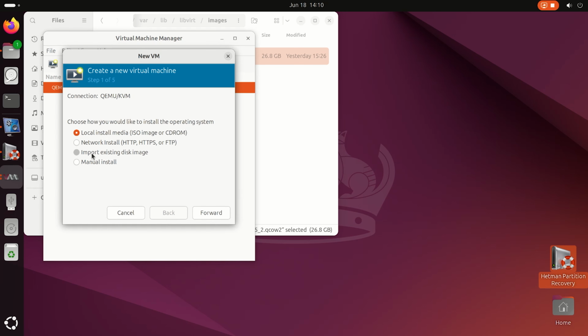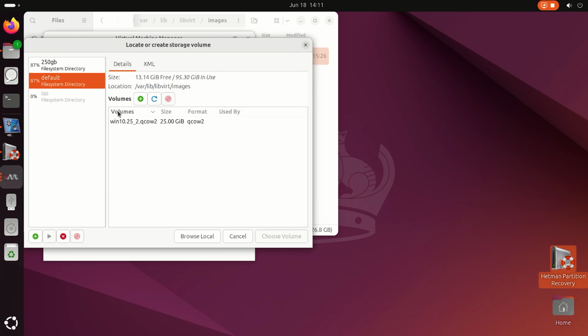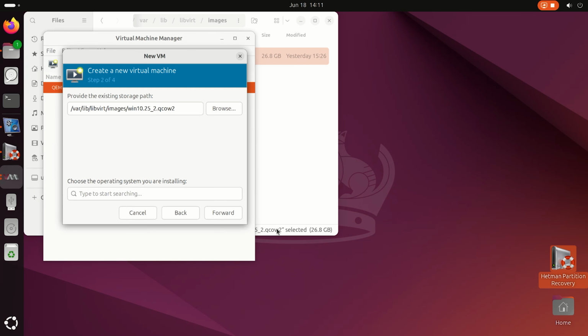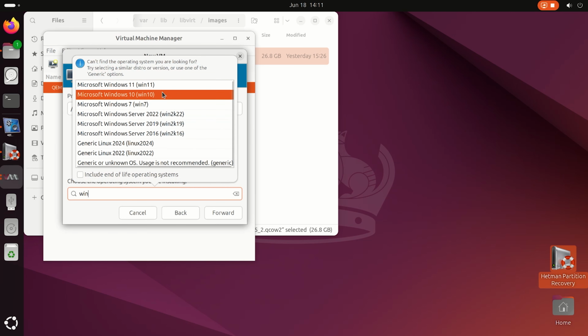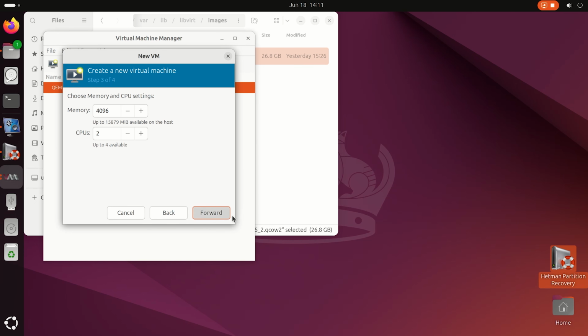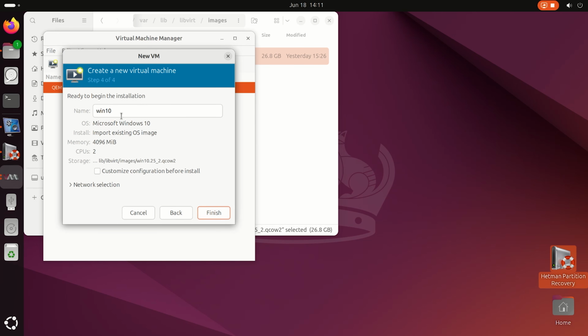In the next window, choose Import Existing Disk Image. Give the path to it, and the type of the operating system installed on such virtual machine. Select Memory and CPU settings, give your virtual machine a name,